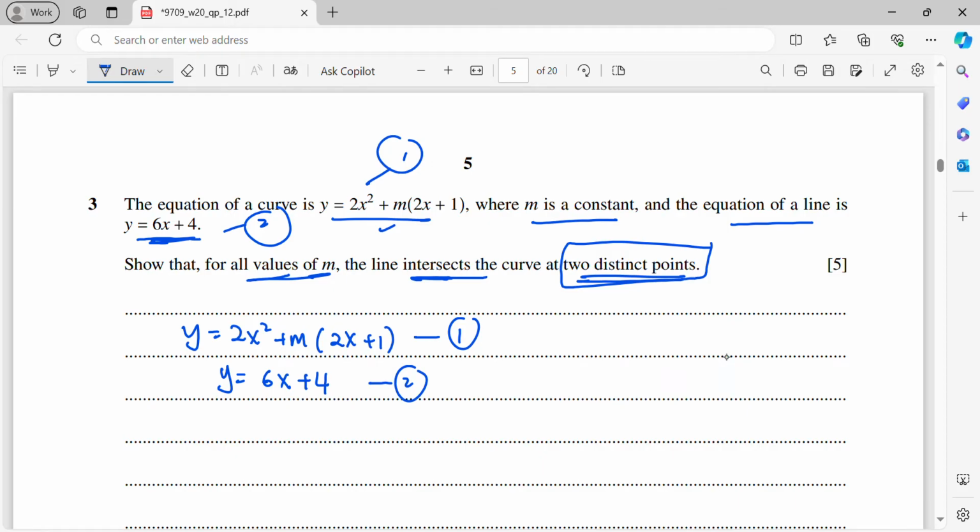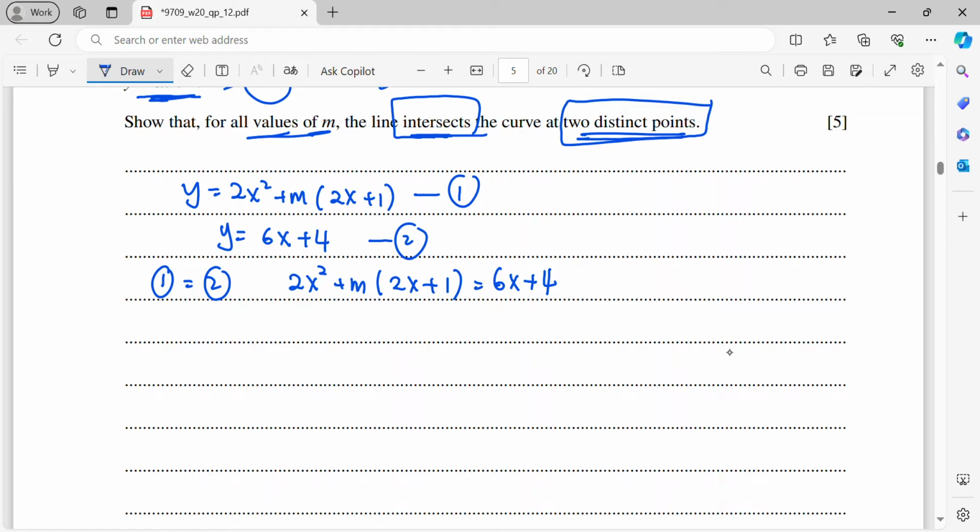Now, for intersection, that means solve simultaneous equation. Let the first equation be equal to the second equation. So here, 2x squared plus m of 2x plus 1 equals 6x plus 4. Okay, then from here, just need to do expansion because I need to get a general quadratic equation,